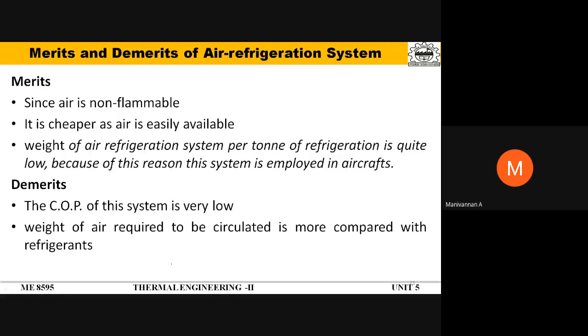So after this, we will solve some problems related to the Bell-Coleman cycle, or you call air refrigeration cycle. So you take a break and have a notebook, and if possible, try to do some along with my presentation. You can even take your calculator and try to solve the problems. So take a break and assemble back at the next hour. What is the time? 10:45. So those who have registered attendance, take a break, come with notes and pen so that you can copy the problems and solve them parallelly. Otherwise, whatever we are doing will become a waste.